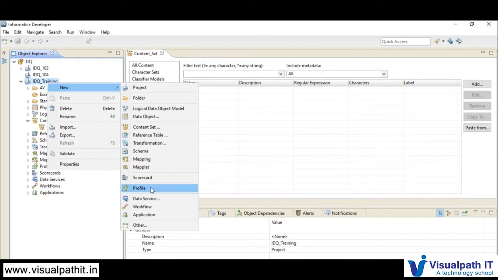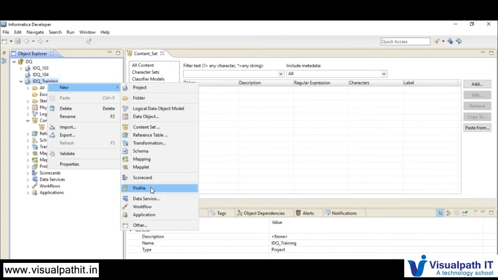What are the unique values, what are the null values, right? In order to review such profiling results with the business, it may not be feasible, because your business client may not understand the technical terminology, like what is a unique value, what is a unique percentage, what is a null value, what is the data type. If you provide all such technical words, your business client may not understand.